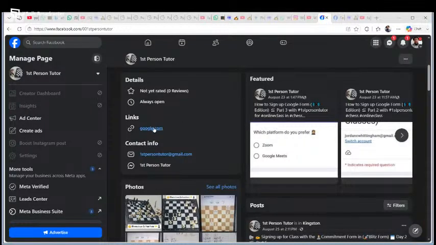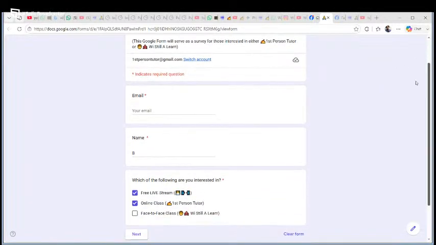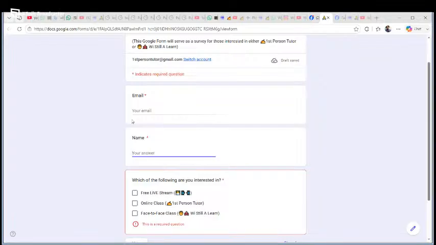Oh, by the way, fun fact. Let's say you're looking to sign up the Google form. Now, this is a commitment form. A little bit different. The idea behind it is that, let's say you found the form through Facebook or Instagram. It will take you to this form, right? Where at the end of completing this form, you're confirming that you want to fill out the Google form to register, right? So that's what this is about. And this is only 2 pages anyway.